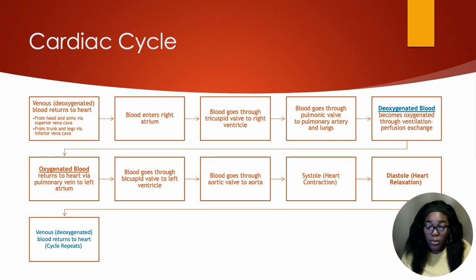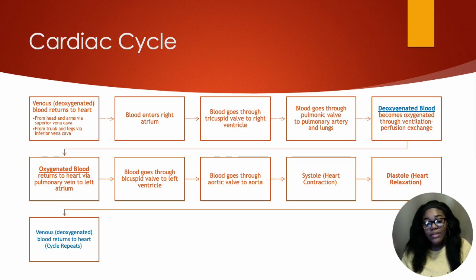So again, when we hit that pulmonary artery, that's deoxygenated blood that would eventually become oxygenated through ventilation, perfusion exchange. So we are breathing in, the blood is in the lungs getting perfused with the oxygen that has been obtained from breathing in. Then you have now oxygenated blood. This is where we have that switch. So it goes to the heart through the pulmonary vein, and then that blood goes through the bicuspid valve into the left ventricle. So once we go through the left ventricle, we go through the aortic valve to the aorta,